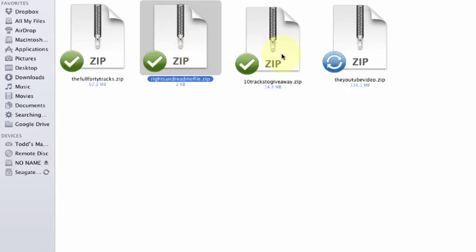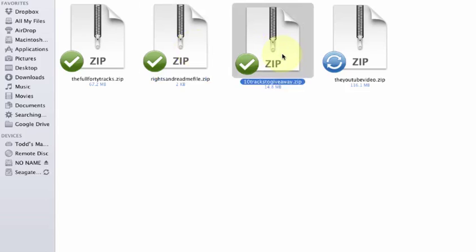The next thing is this. I want you to note these are the 10 tracks that you are going to give away. Now, depending on your level of experience, you'll know how to actually send people to those 10 tracks. In other words, let's say you upload the YouTube video and then send somebody to just your email address. Okay? If you do that, then you will send that 10 tracks to give away this particular file through your email. You'll just email it to them. If you have a website and you load this to your website, again, then you're more advanced. You'll know what to do with this. Okay? So once again, this is the actual item that you are going to give away.